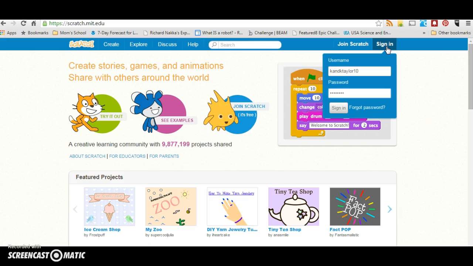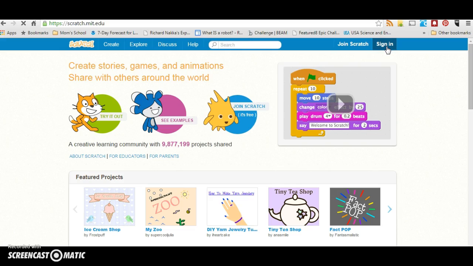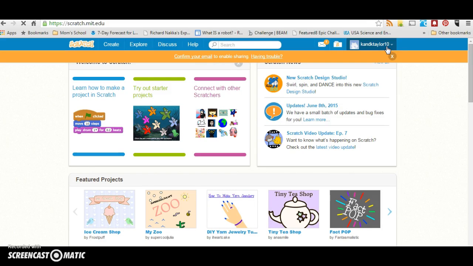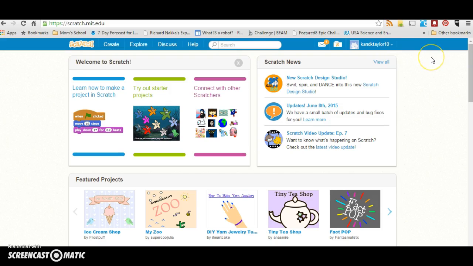So if you have difficulty with that, make sure you're writing those things down so that you can have that available to you. Now I want you to notice this orange bar across the top here. It says confirm your email to enable sharing. Having trouble? So this is something where you need to make sure you go into your iSucceed email account and then click on the link that is sent to you from Scratch to confirm that that's your email account. For now, I'm just going to go ahead and close this so that we can get on to creating a